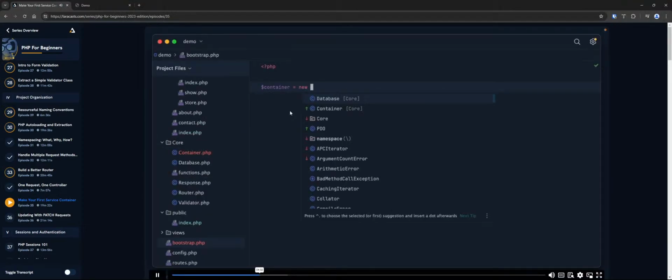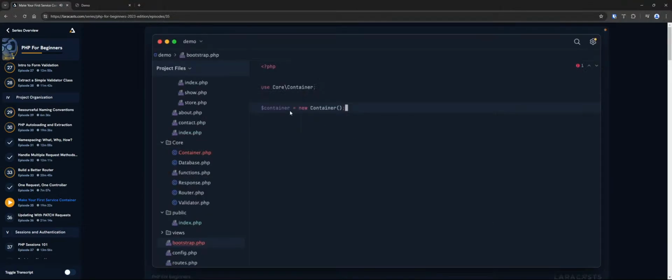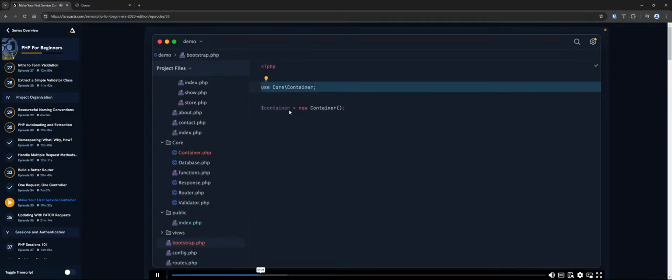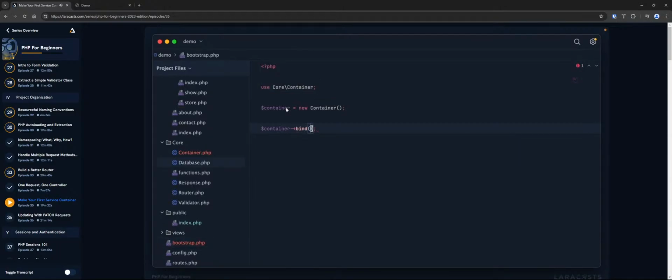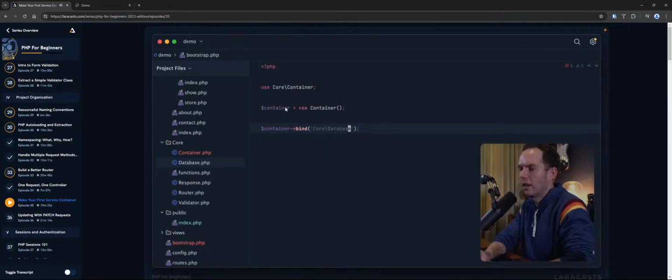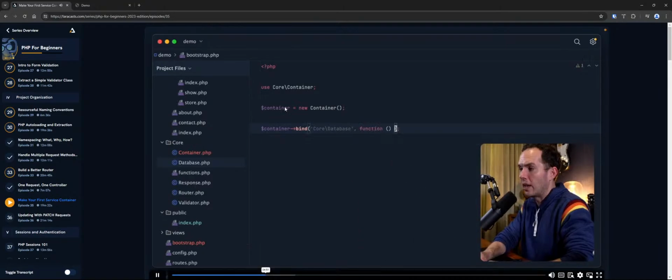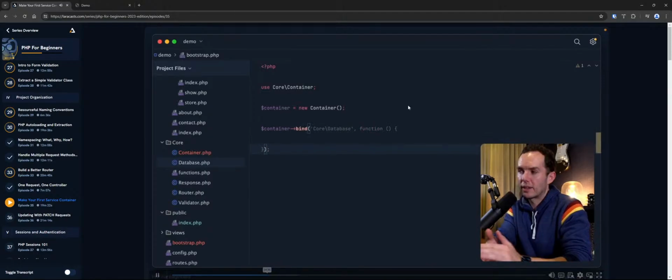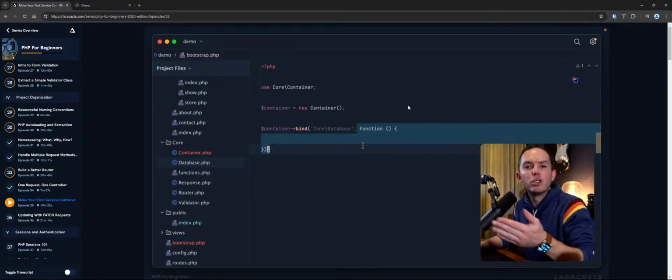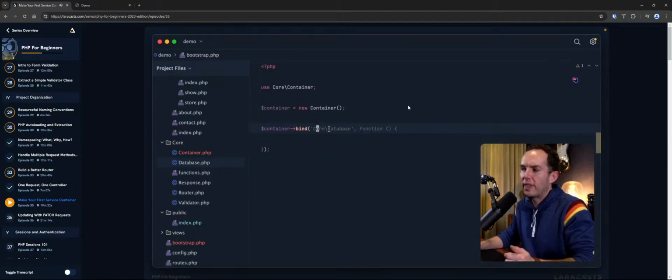So I know I want to say new container, and that automatically gets imported. And then next I want to bind things into the container. If I want to work with our database instance, I could use a path to it using the namespace. So I could bind that key to a function that is responsible for building up the database object. That's what we're doing here. So I'm associating this little builder function with a string called